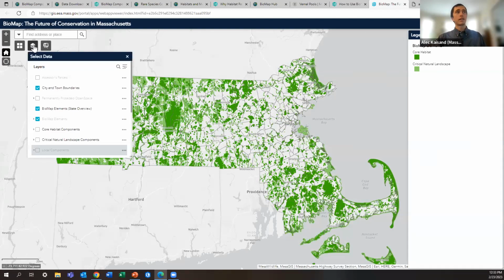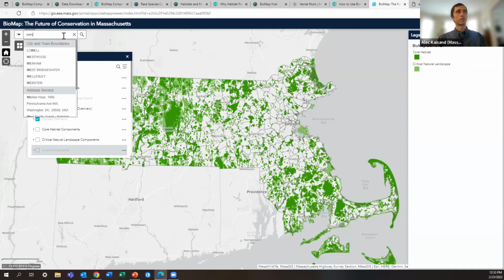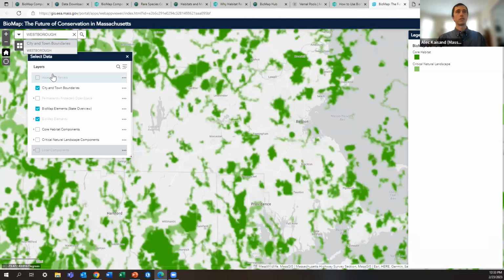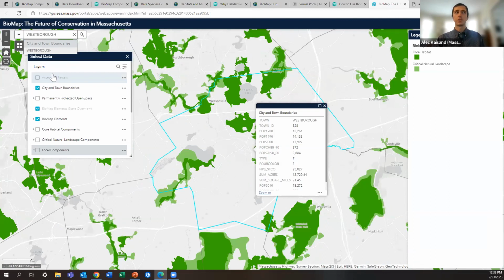We can select different layers by clicking this button. And right now there's a few layers selected, and we're going to go through those in just a second. And then also, if you want to search something, you can search an area like, say, Westboro, and it'll zoom directly to that. So you can see I searched it and hit enter, and it's going to show this outline color. And that's showing us what we've selected. And this pop-up window showed up here. That window was giving us some attribute information about the polygon or the area that we just chose.